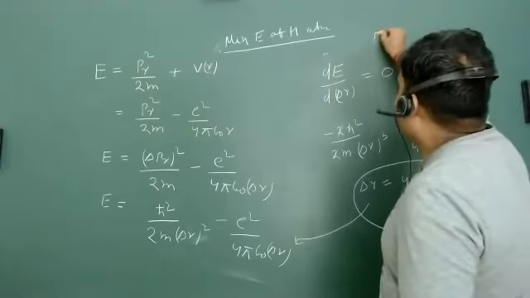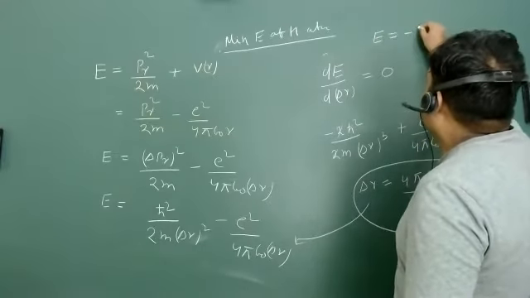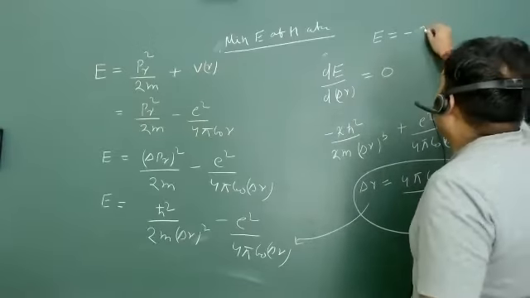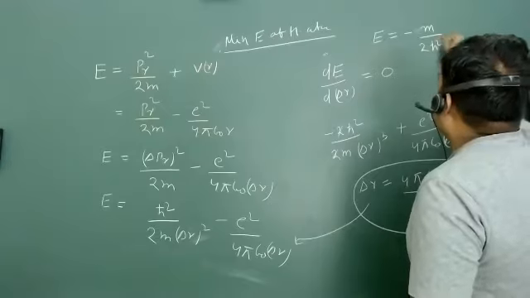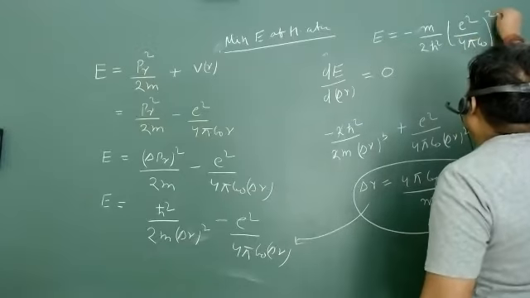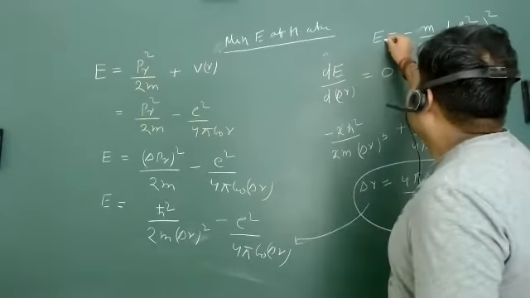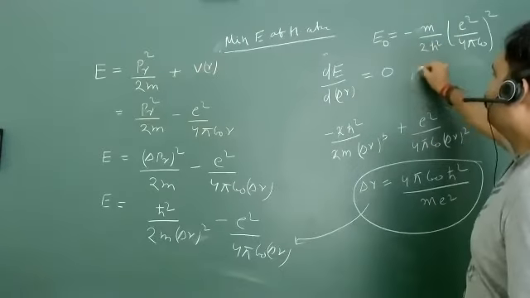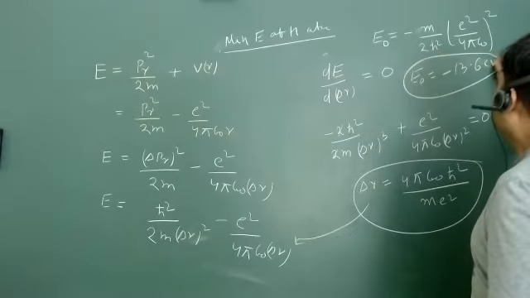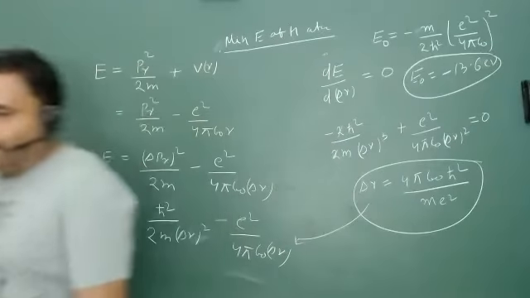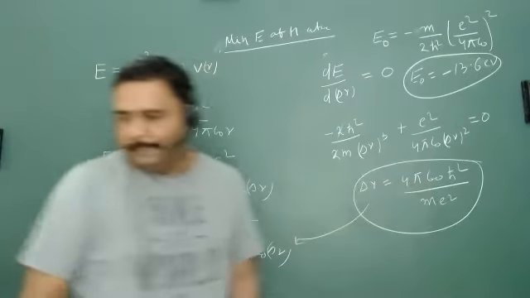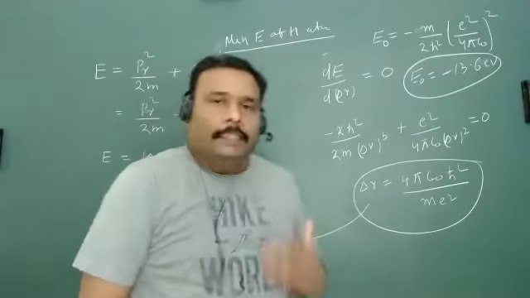You will get energy, and that energy is E is equal to minus m by 2 H cut square, and this will be E square upon 4 pi epsilon naught whole square. You will be surprised that is the exact value of energy. And what will be this value of energy? It is nothing but minus 13.6 electron volt, isn't it? You can do this calculation. I am not giving time for unnecessary calculation, but look at this thing. So obviously it works.